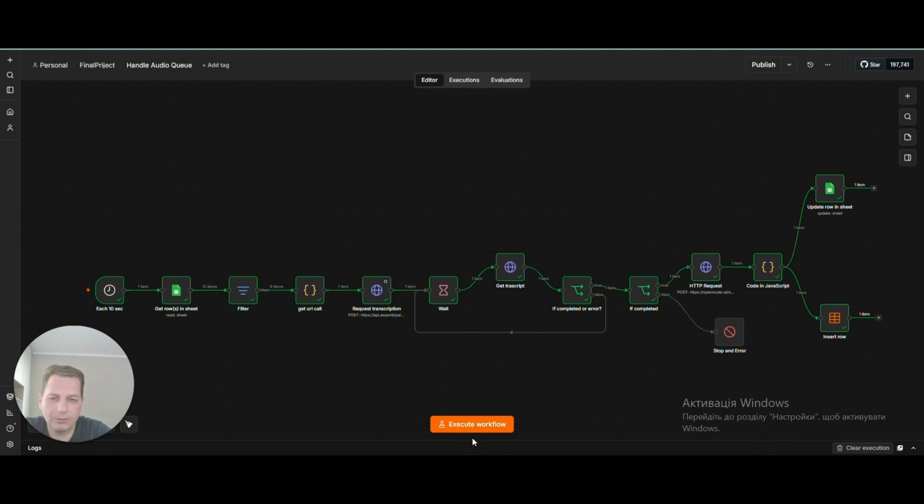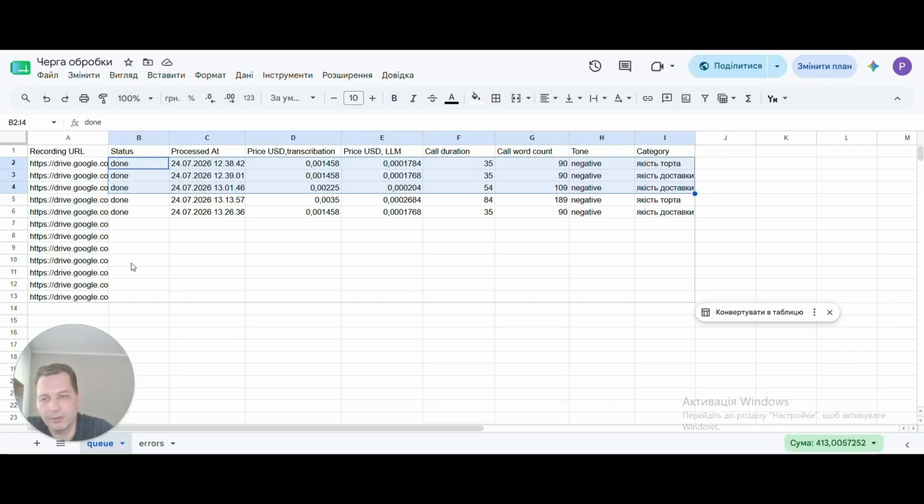So let's launch the workflow for demonstration. It accesses the Google Sheet, filters, and performs transcription with a delay. With a 5-second pause for transcription, the final result is then written to the Google Sheet after analysis by the language model. All results, including transcription, artificial intelligence analysis cost, and call duration, are recorded in the processing queue, where